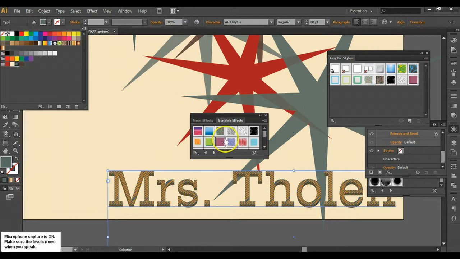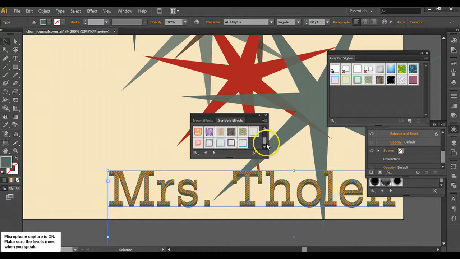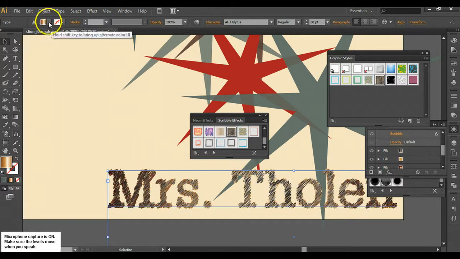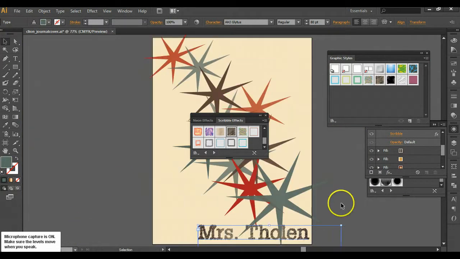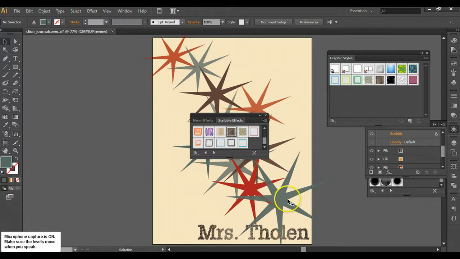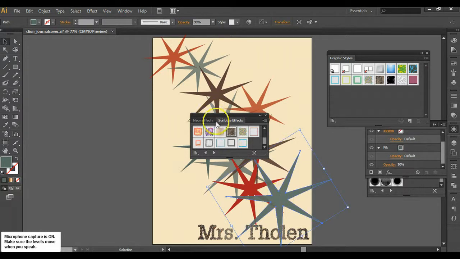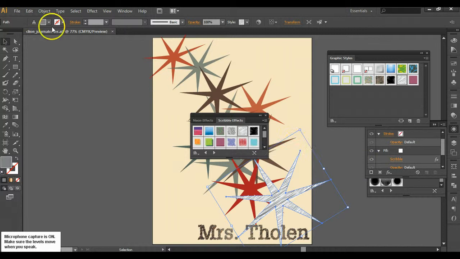But in every case, I'm going back through and I'm making sure it fits with the tone of my design. We've probably played with enough of these at this point that we can move on and try something different. But you're going to get something that's interesting and yet still readable. Now, I applied my graphic style there. I could just as easily apply that graphic style instead to one of my shapes. And that would change up the look a little bit. But what I'm looking for in the end is that you've used those graphic styles, that your name is on there, that it's easy to read,